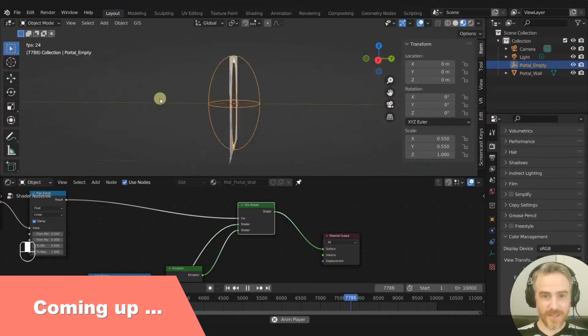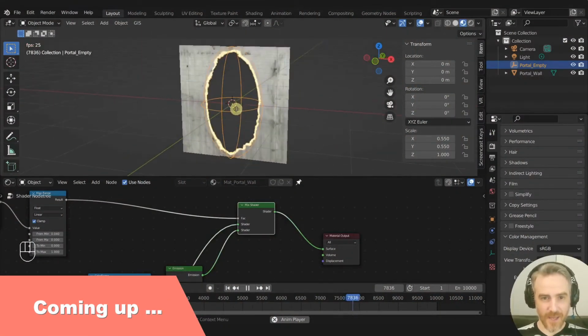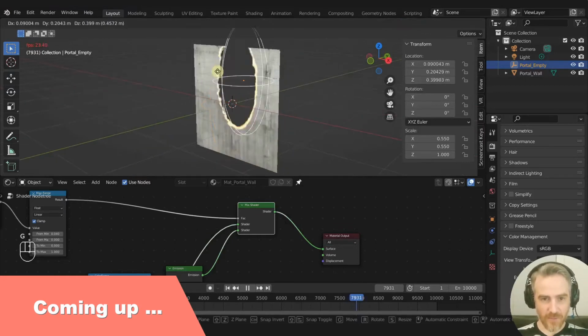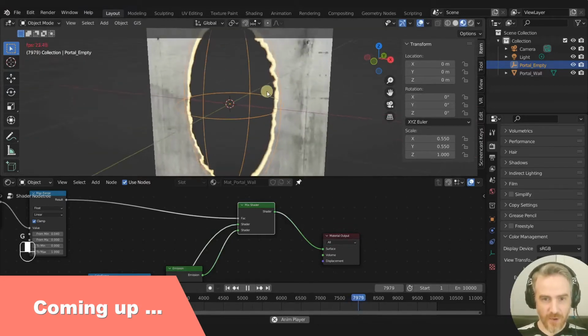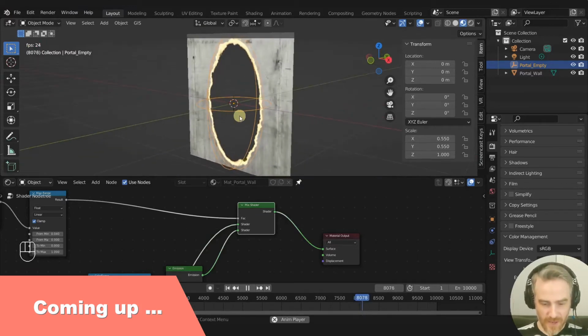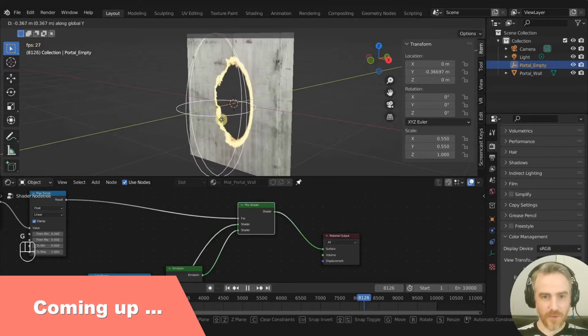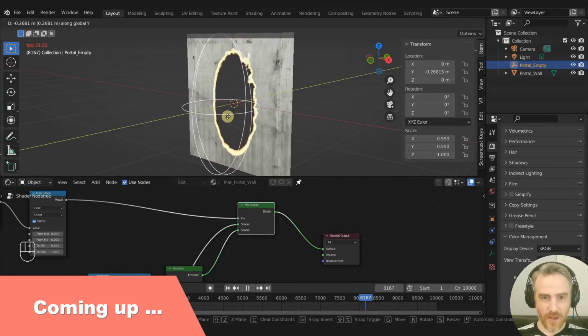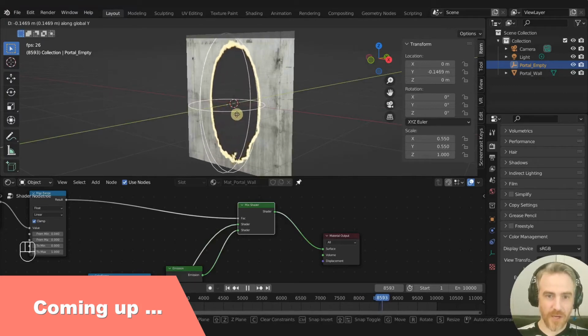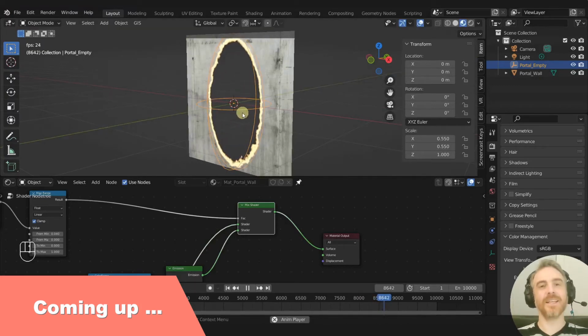Now you can see, ta-da! After it's done all the calculations with the textures, it is now ready. So wherever we put this, you can see our ring of portal fire going all the way around our hole. And if we grab this and move it, it's going to follow exactly wherever this empty is. It looks like it's burning open, which is exactly what happens when you actually shoot a portal onto a